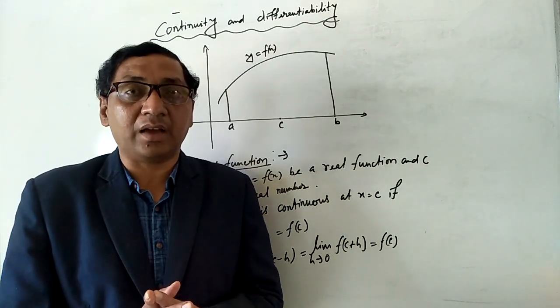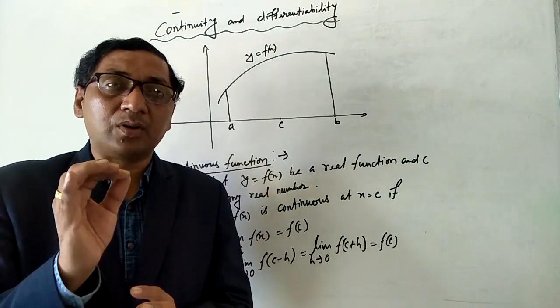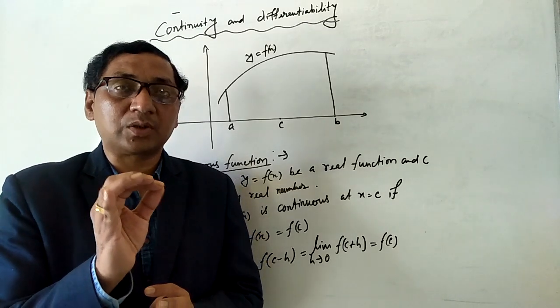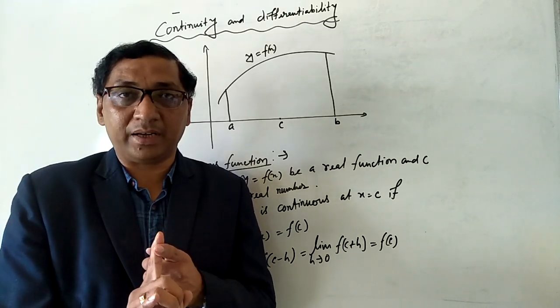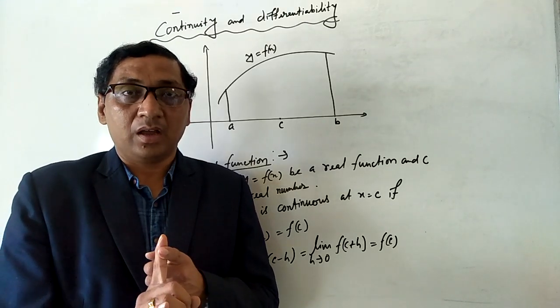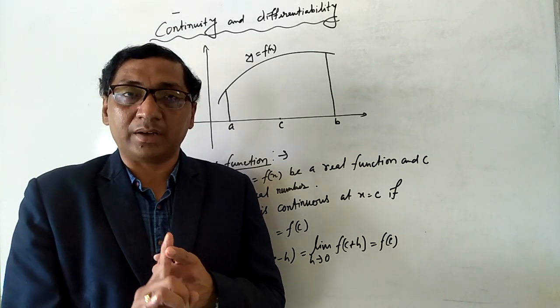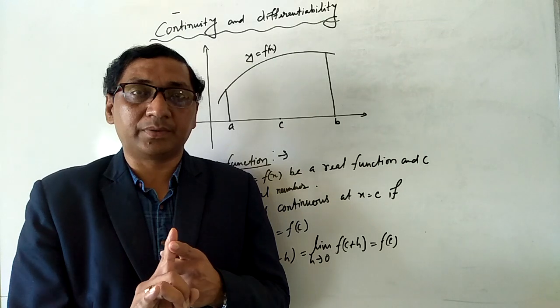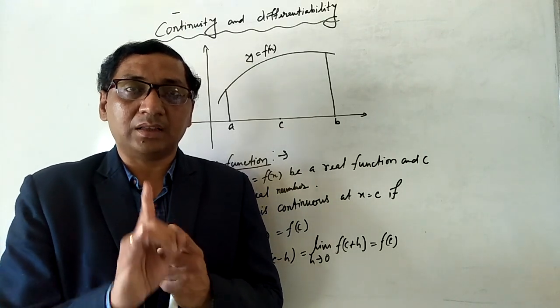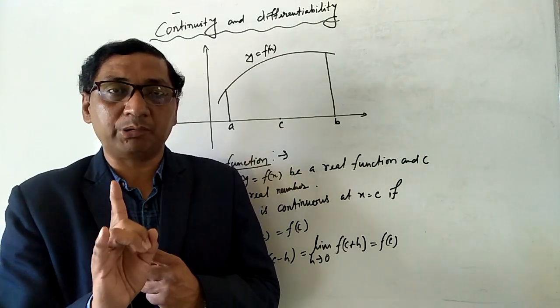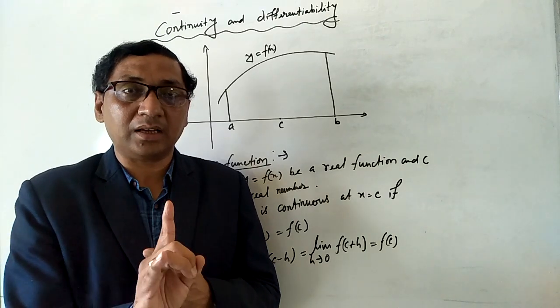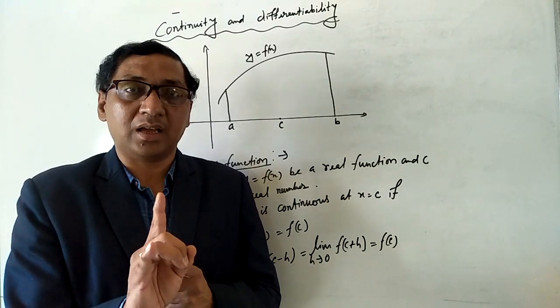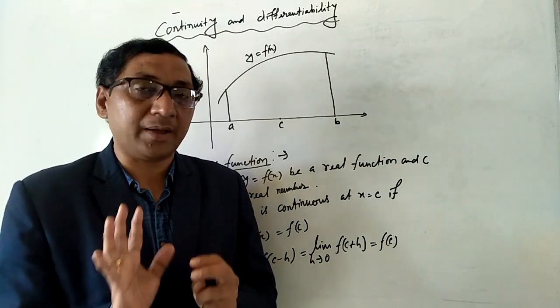So in class 11 you already had this topic related to derivatives and limits. At that place in class 11 we observed that if a limit exists, then the left hand limit should be equal to the right hand limit. Then we can say that the limit exists at a given point, right?